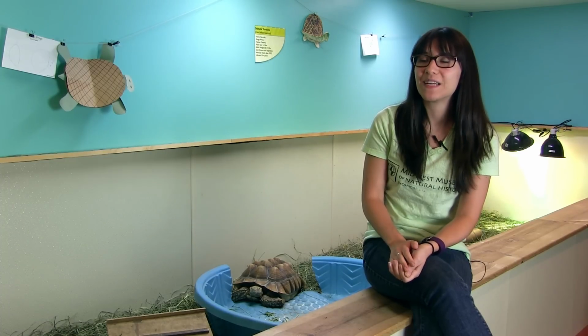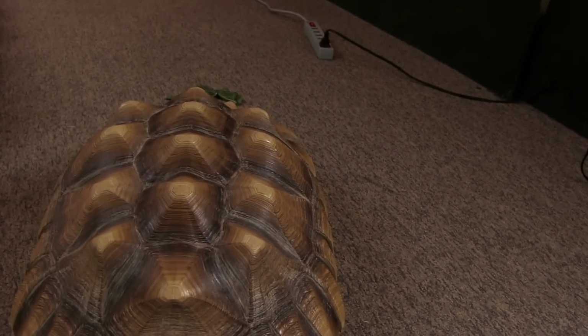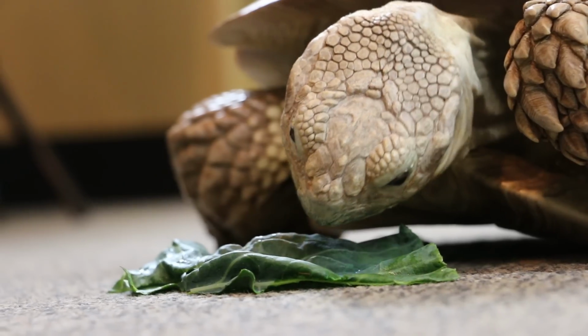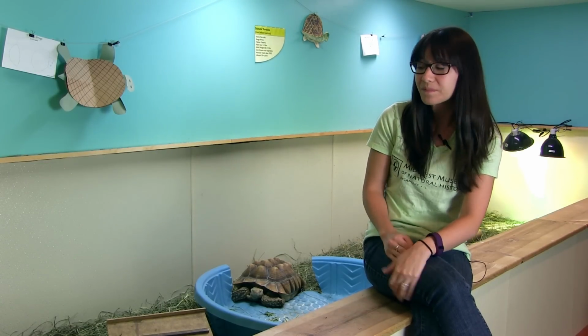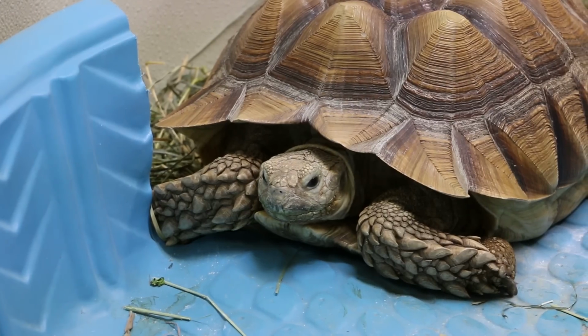Well, Hercules comes out multiple times a week for nice long walks around the museum, and when we have nice weather, he goes home with one of us and he gets to graze in the grass. He loves to eat blue stem, and so some of the parks around here have blue stem, which is great for him. He also has pieces in his enclosure to keep him happy when we're not with him. So he has a little seesaw, he has his pool that he likes to climb in and out of